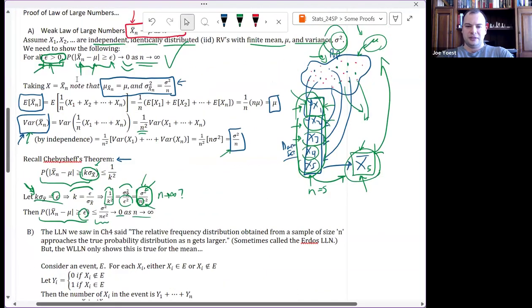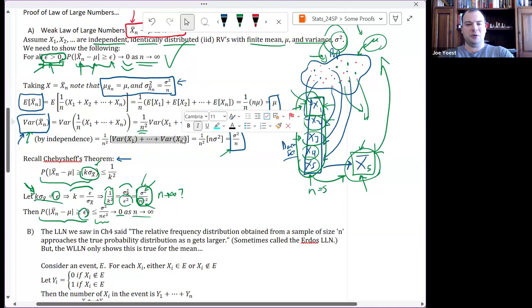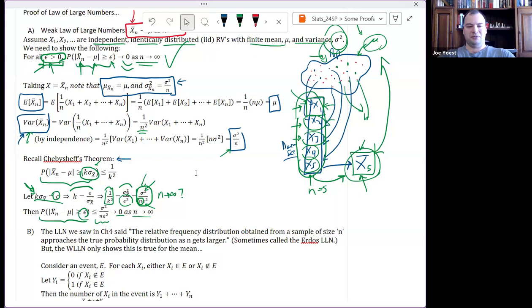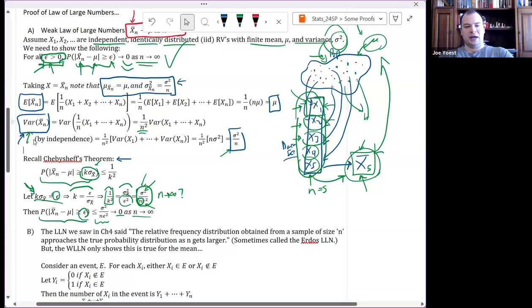So one note on the variance of x bar n. I kind of cheated here a little bit. I just said, oh, by independence, this should work, but we never actually showed that. We're going to show that here. I'm not going to go through all of the details super carefully, because this is at the border of what I would consider actual material for this course. It's certainly not necessary for homework or exam, but to be thorough, I will give you a sketch of why the variance splits apart sums under the assumption of independence. Very important that that assumption of independence holds.